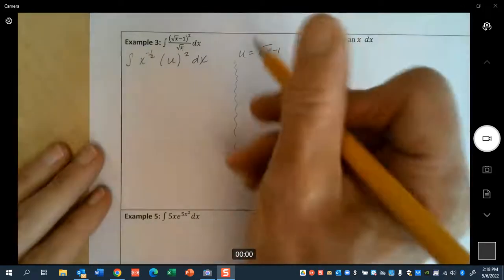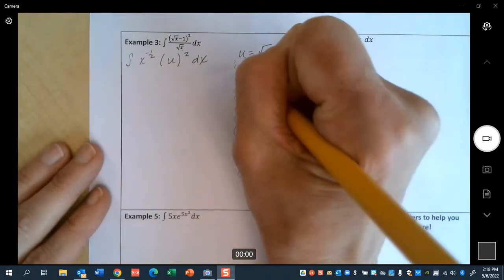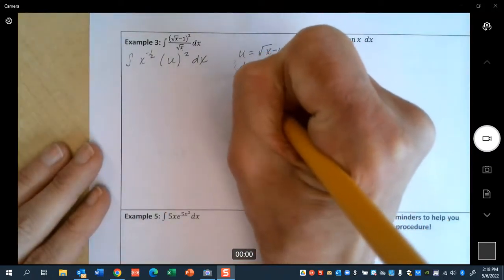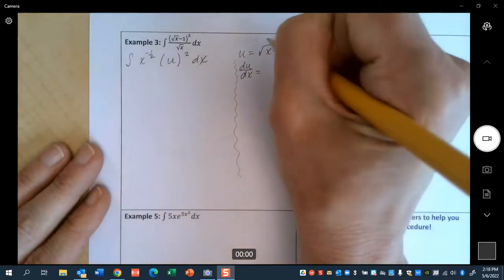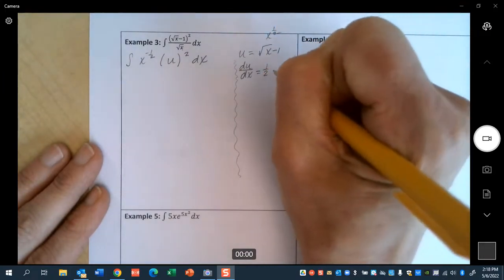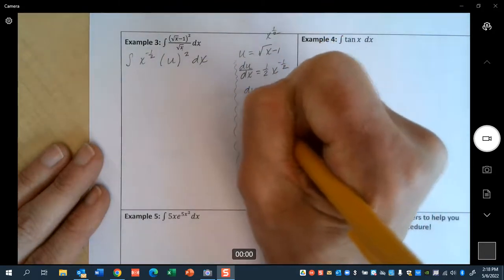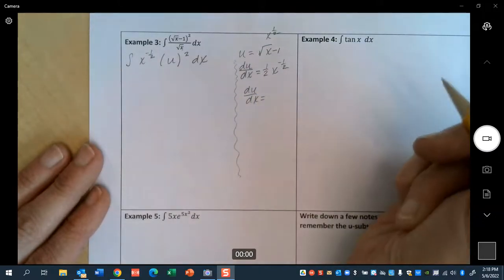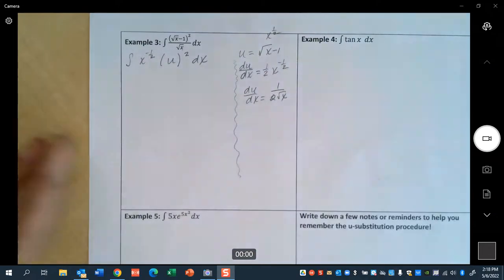So let's go ahead and figure out how to replace that dx and make it in terms of u. So the derivative of this function in terms of x is going to be equal to, if I call this x to the 1/2 power, I get 1/2 times x to the 1 less power. So my du dx is equal to 1 over 2 times the square root of x. Taking that derivative,